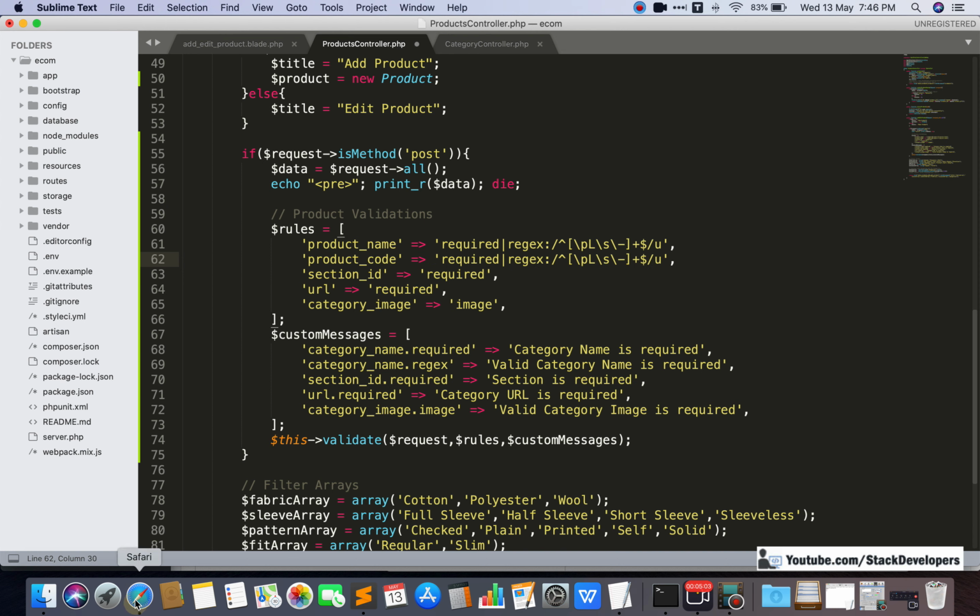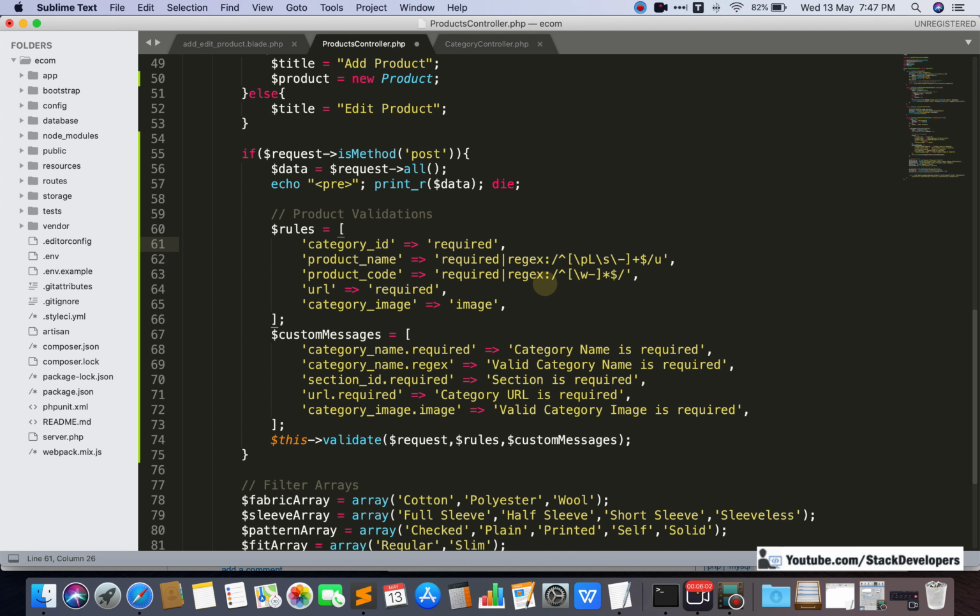Only one. Okay, so we can add this for product code, and after product code there is product price as well. Instead of section ID we are having the category ID, so let's add category ID, and category ID is required.